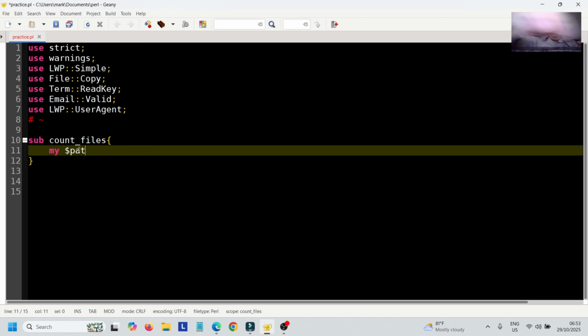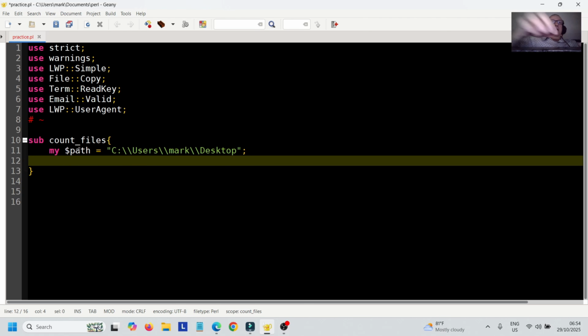So that's the variable, my scalar path, and I'm going to assign it to my desktop path in Windows. So users, map, desktop. So that's my desktop path in Windows. Your desktop path will be different from that. So you will have to find out what your own unique desktop path is. Then we use